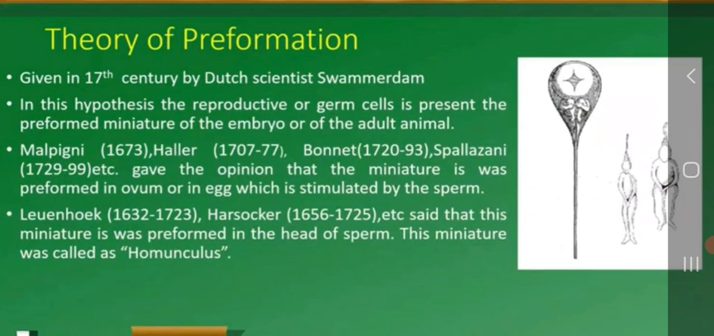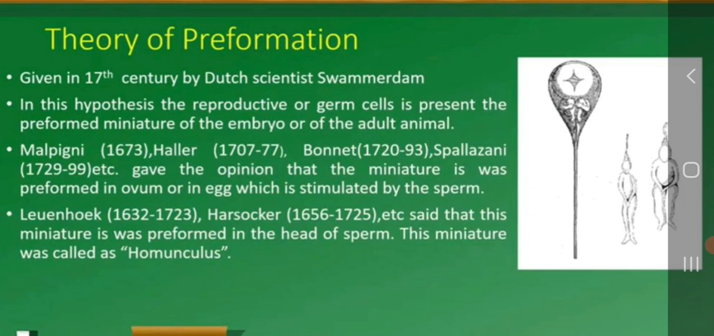First of all, the theory of preformation. This theory came in the 17th century. It was given by a Dutch scientist named Swammerdam. According to this theory, germ cells are actually the preformed miniature of an adult animal. Either the egg has the preformed miniature, with small already preformed structures which are there in the adult, or the sperm has such a structure. So many